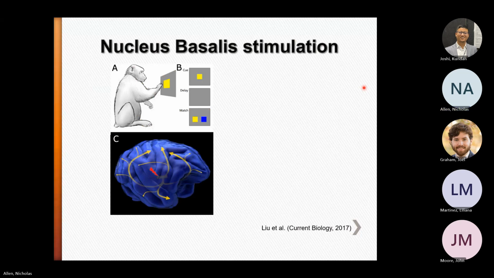rise to this idea of what we're trying to do: develop a pattern of electrical stimulation targeting some part of the brain that will allow us to improve memory. The part of the brain that we selected is called the nucleus basalis major. It's an area deep inside the brain at the base of the skull, an area that we can target with deep brain stimulation, and then use the non-human primate model to test if this